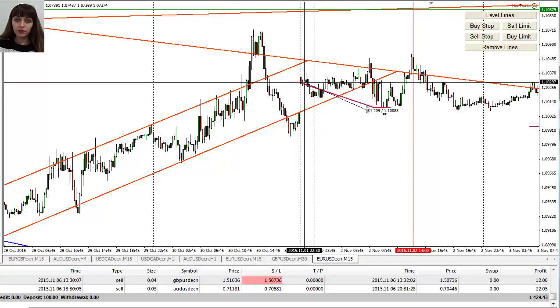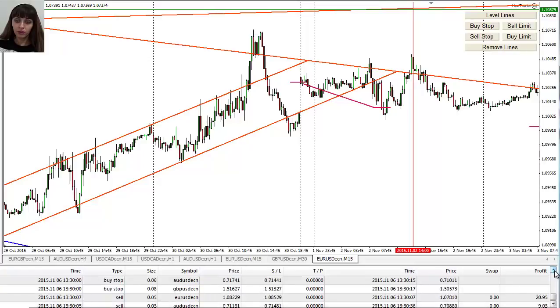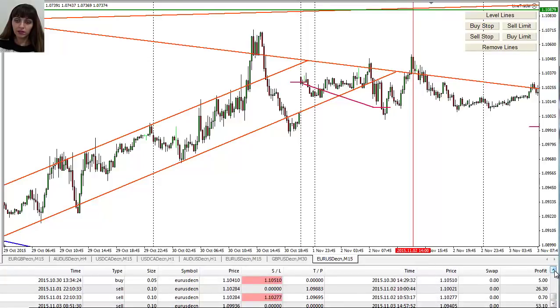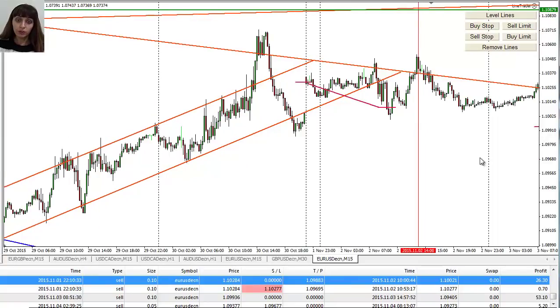So I made about 20 pips here, and it's one of the trades in here, if you look right at the beginning. It's about that one. It's where I closed half the position, and then I put the trailing stop, and the market didn't continue going down, so I sold here and closed the position here, and then by trailing stop I closed with a little bit of profit. You can see about 70 cents. And of course on Monday I didn't trade. As I was saying, I wasn't going to trade on Monday, so that was just the opening of the market trade. And of course I was waiting.